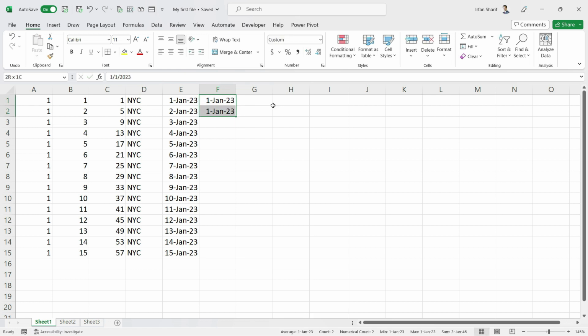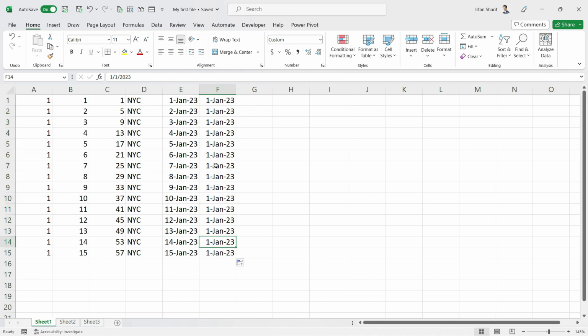So if I select these two now and drag it down, you will see that now the system is repeating the same thing. So these are some of the basic autofill features,